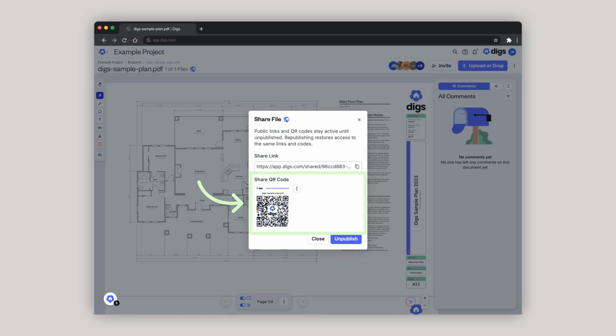Send a link or QR code to users who need access, or print the QR code to leave on site if needed. Removing access is just as easy. Should you choose to remove access to the file, simply open this same Share menu and select Unpublish. Republishing the file will use the same link and QR codes, so no need to worry if you deactivate something